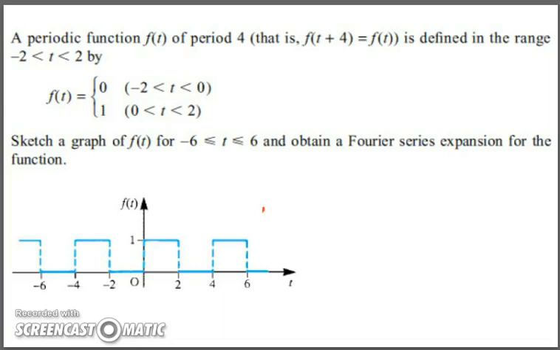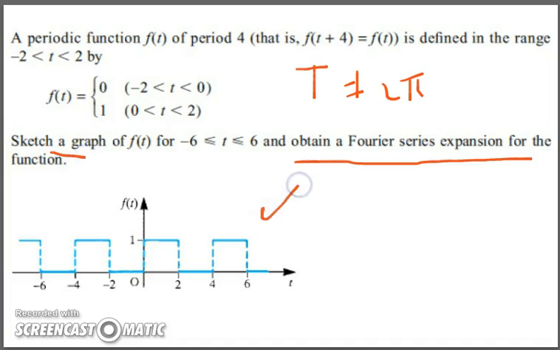Now let's have a look at this question. This question has been discussed before, with the example that T not equals 2 pi. So now we would like to discuss only how to obtain the Fourier series expansion, because the sketching we have already done. After this, I'd like you to have this question written or copied, and we will discuss how we can do the integral and find the